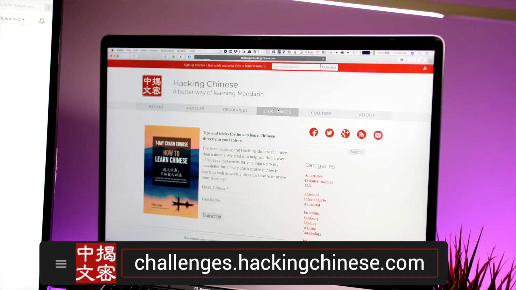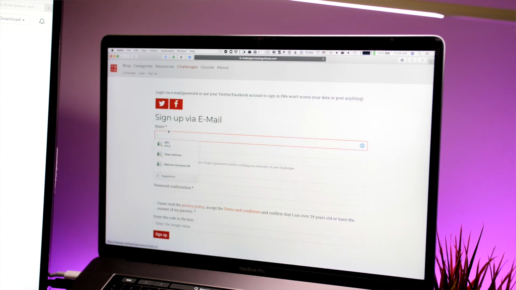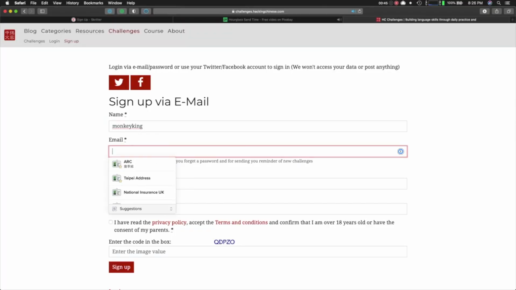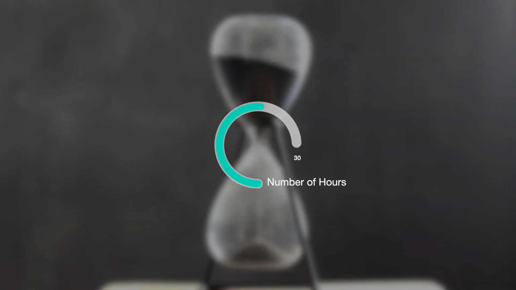But practically, if you want to sign up, you just go to hackingchinese.com and you click challenges in the menu, and then you have a normal website interface. You sign in using either your email, or you can sign in with various social media networks or whatever you prefer. And once you've signed up, you just need to enroll in that specific challenge for October, and it will ask you to put in a goal. Like I said, the goal is to make the challenges flexible so people can adjust them to their own situations and what they need to focus on. So it's just a number of hours you're supposed to spend during these 3 weeks.